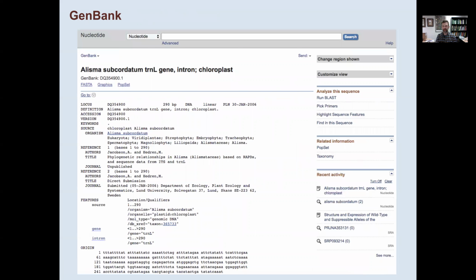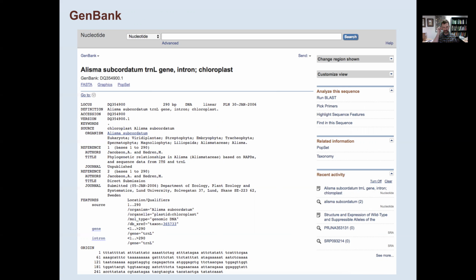So when people do a phylogenetic study, the DNA sequences that they get should end up in this database called GenBank, or some people say GenBank. And they get an official accession number, so 2 letters and 6 numbers. And that's a unique identifier for a DNA sequence that is described as coming from some organism and some part